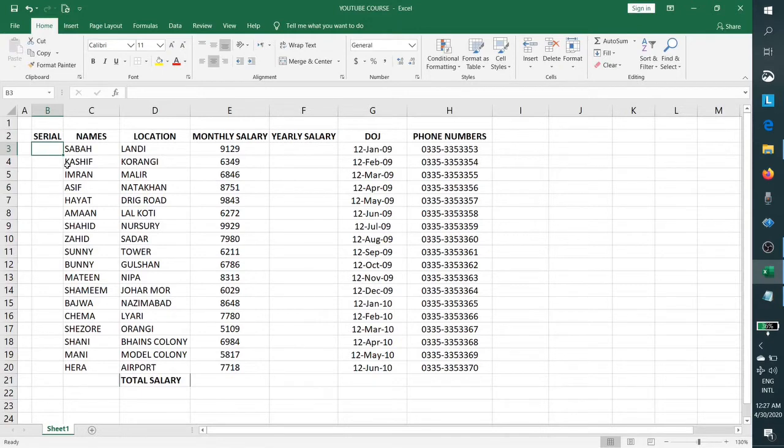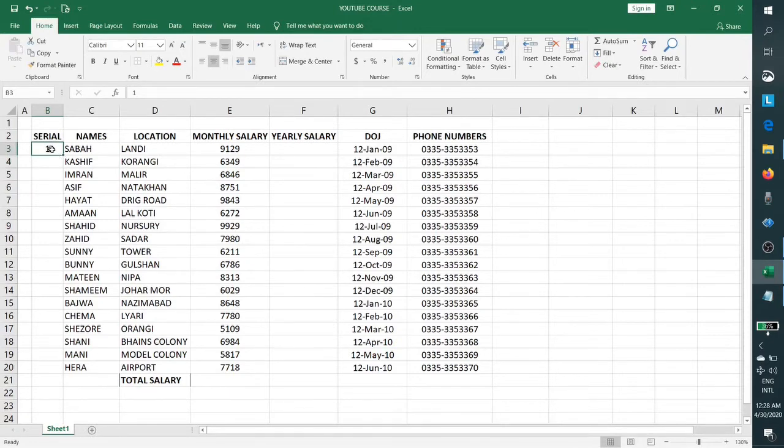Let us put serial number 1, 2, 3, 4 and so on till the last. It will be very lengthy if your data is very big and you have n number of rows, so it will be very difficult for you to enter serials or any other kind of numberings. So I'm going to explain you a very easy way to put serial numbers.